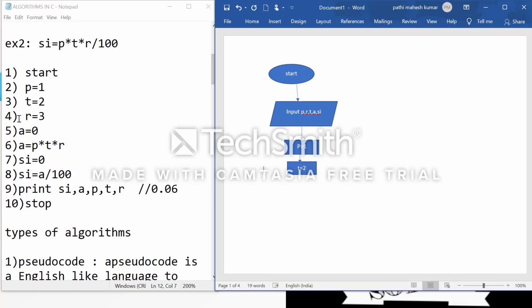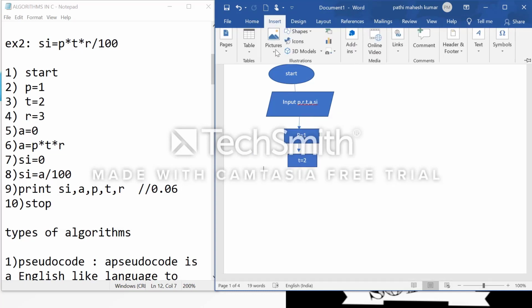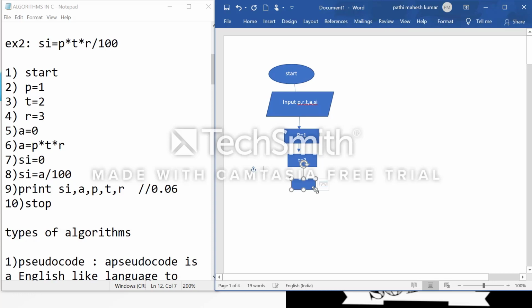Again I initialize r equal to 3, and then I initialize a equal to 0, and connect these with an arrow.